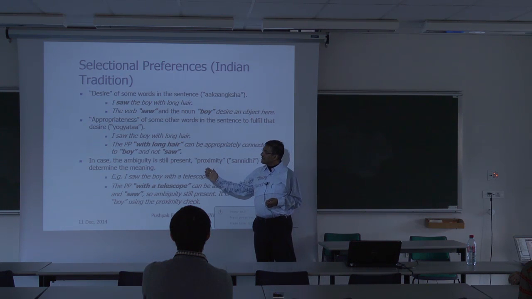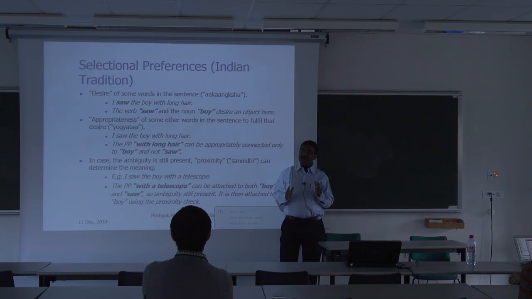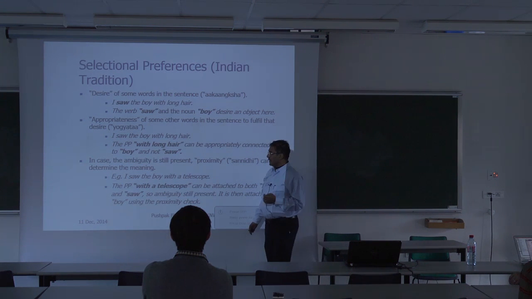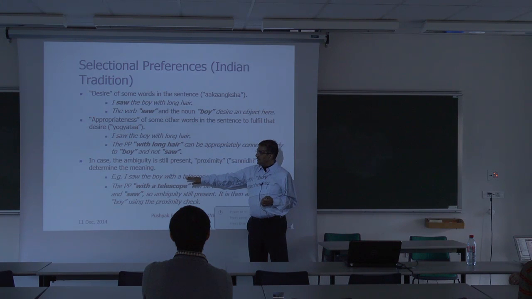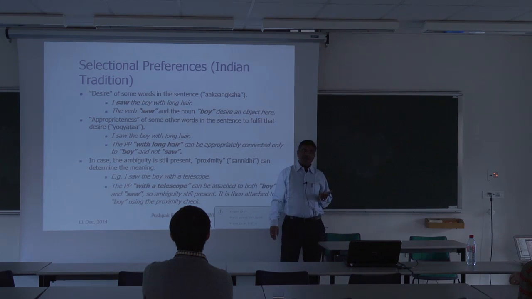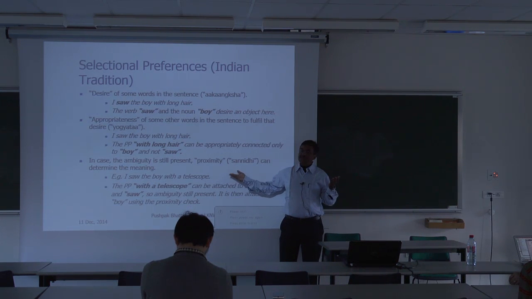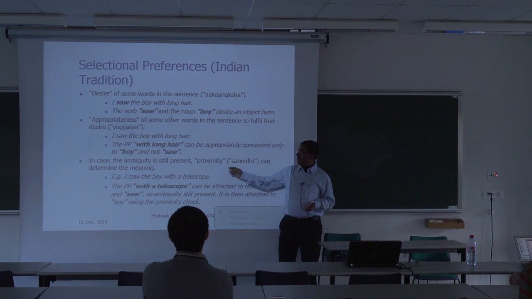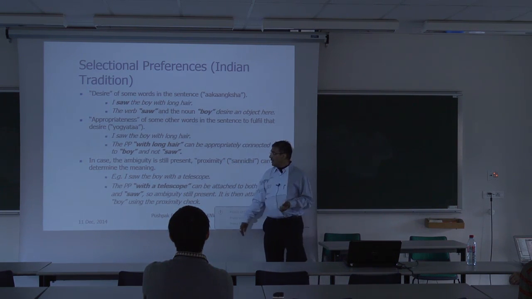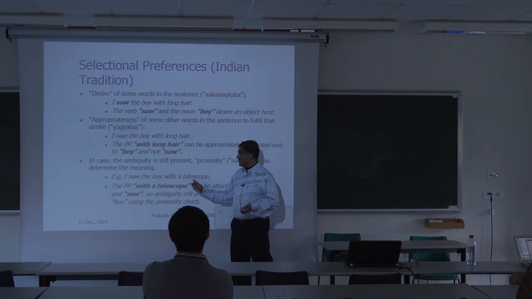So, words which are closer to a word have stronger influence than other words which are further away. For example, in absence of any other information, we know that this sentence cannot be disambiguated. I saw a boy with a telescope. We know that this sentence has two meanings. It is not clear who has the telescope, but if we apply the proximity principle, then since telescope is closer